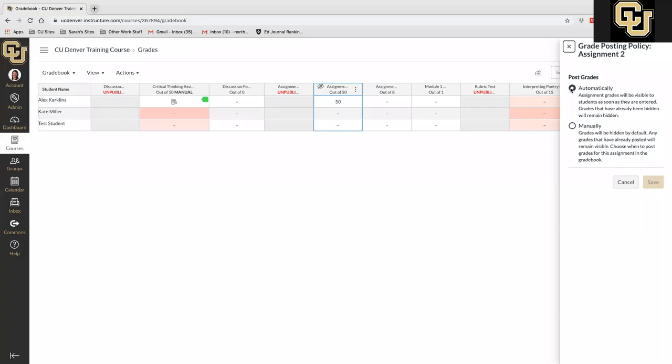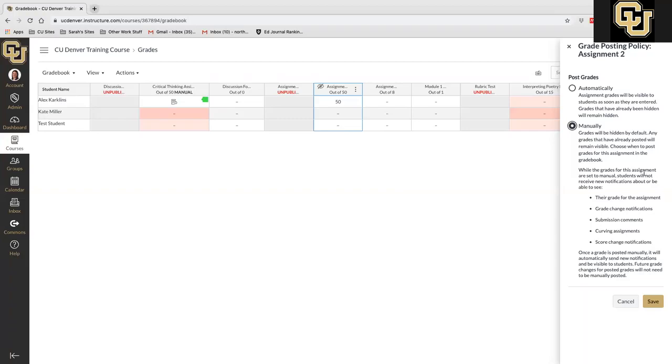It's confusing. They redid this in the past year and it's all still very confusing. So automatic grade posting will be visible to students as soon as they're entered, given that you've already unhidden the grades. What I use though,